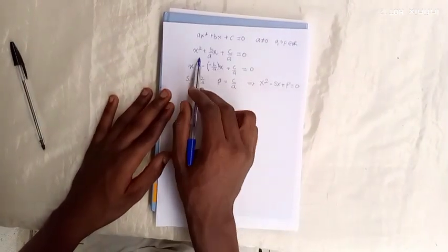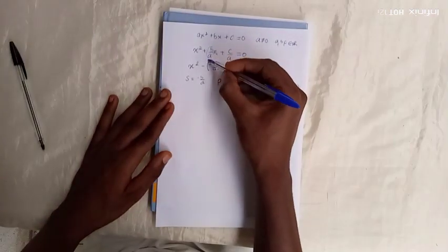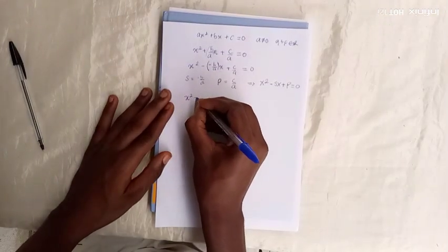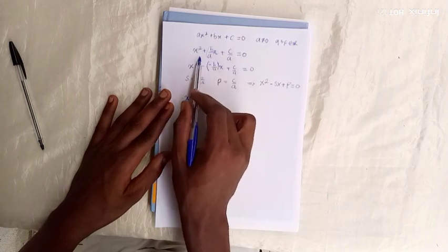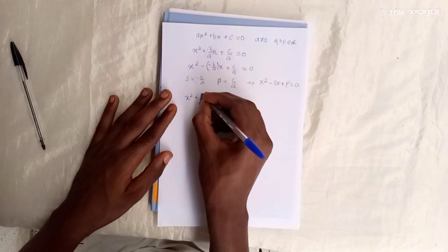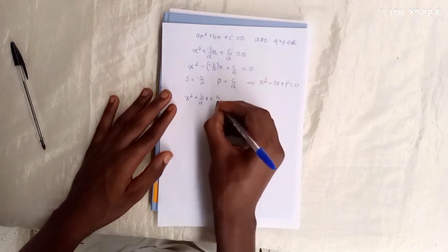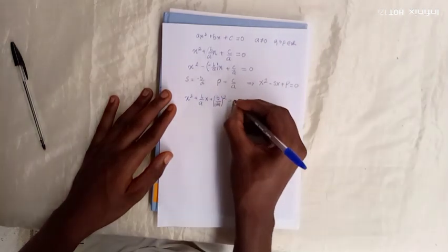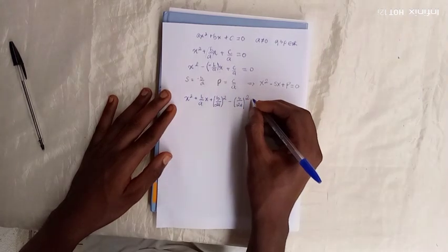Now, following this property, where you want to complete the square, what you do is this: you take half of this coefficient. We have x squared plus b over a x. This is originally what I get at this stage. If I want to complete the square, I take half this coefficient, square it and add to both sides. So half of this is b over 2a. I square it and I also subtract it,